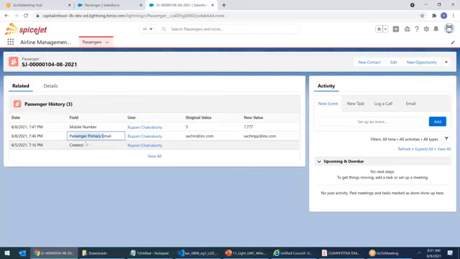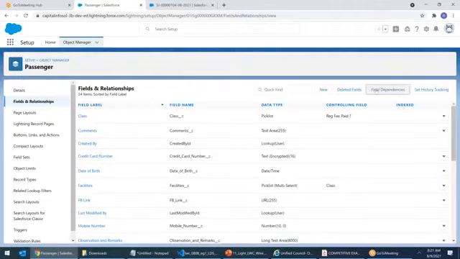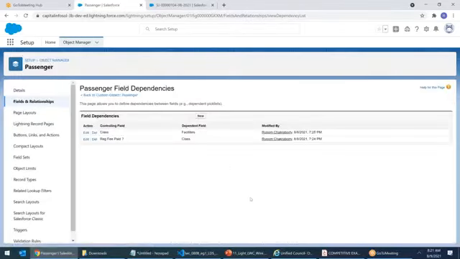Rupam, I think you're taking it wrong. Can you please go to field dependency once? Sure, why not? Field dependency. Tell me. See, in the first one, the class is the master and facilities is the dependent field. If I create a new dependent field and give master as facilities and dependent field as